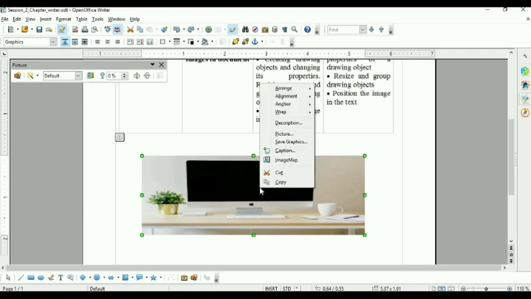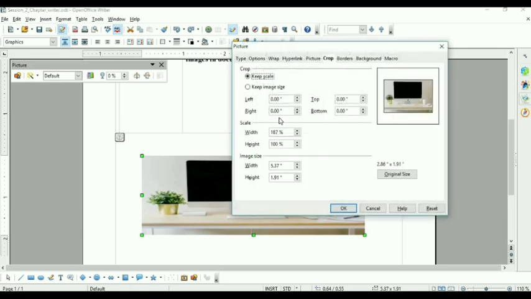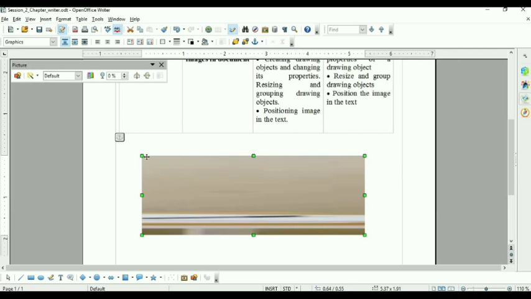Next, the second one. Again go to Picture, then Crop. Now here choose Keep image size, and do the same thing again. This means the image size remains the same. If you remove 5 inch from the left side, the picture size remains the same. See this. Set the size like 5 inch and then click OK. You will see the size is not affected. The size of the picture remains the same, even though 5 inch was removed from the left side. Is it clear?